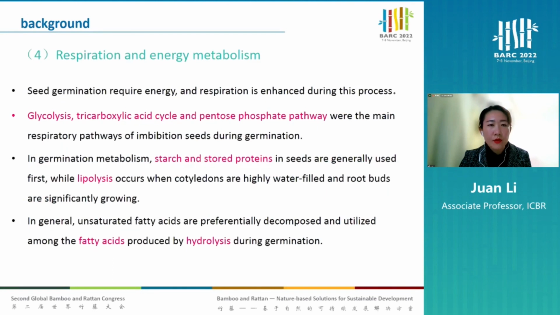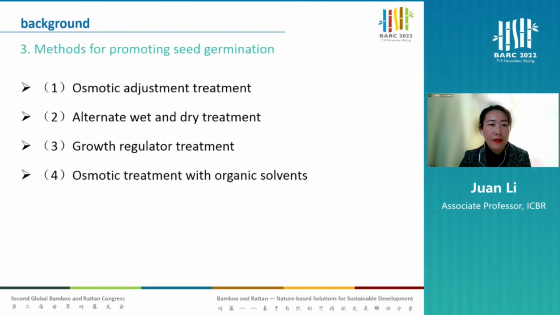Seed germination requires water, and respiration is enhanced during this process. Methods for promoting seed germination include osmotic adjustment treatment, alternate wet and dry treatment, growth regulator treatment, osmotic treatment